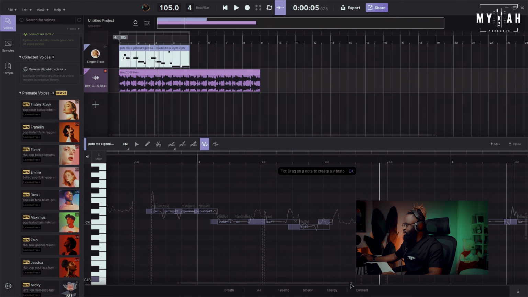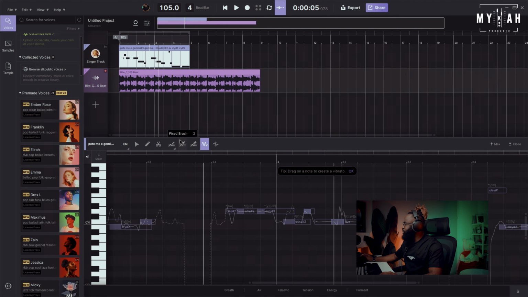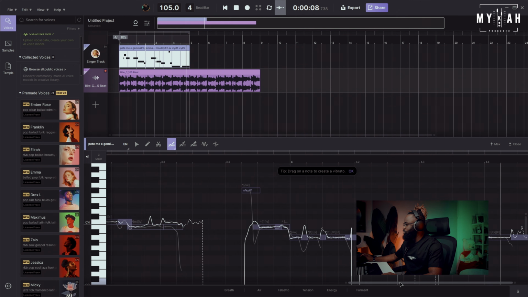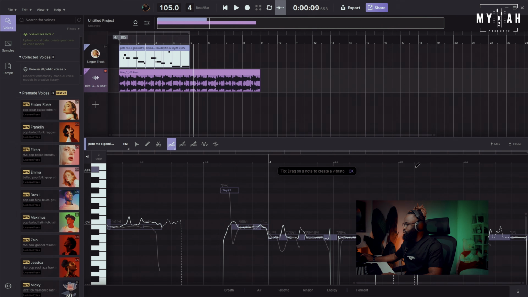So yeah, let's see. We can also just come here and draw in our own pitch. So you could just go like this. Just draw in your own pitch, just to make everything blend in more. So yeah, you can just draw your own pitch, and let's hear what that sounds like. Yeah, so for this part we can